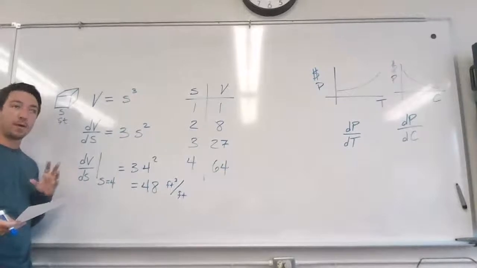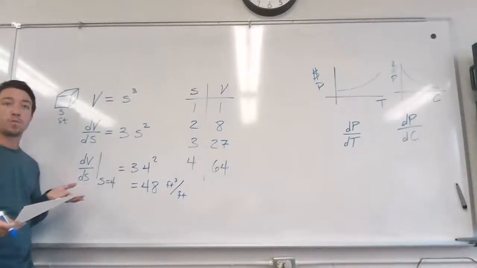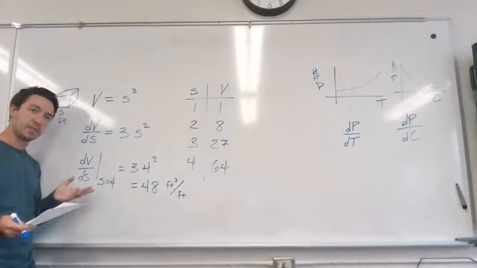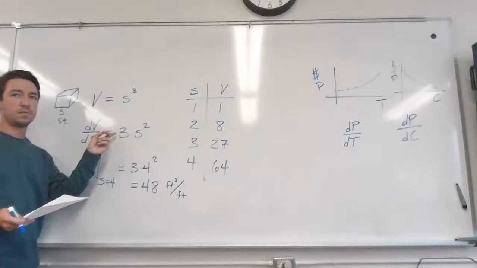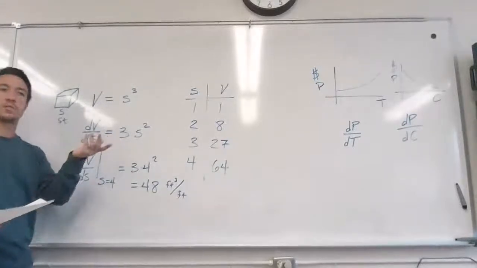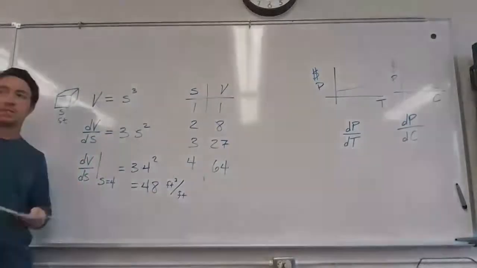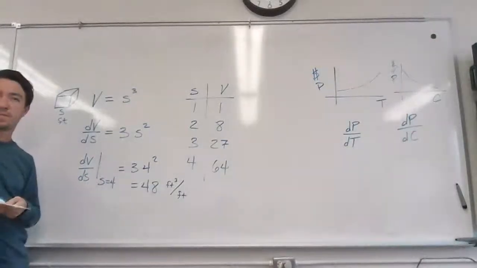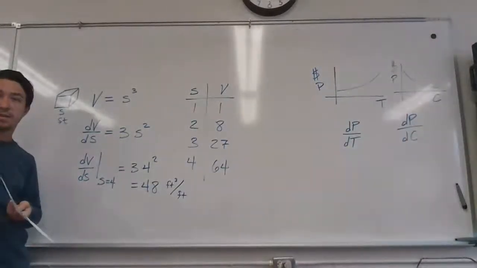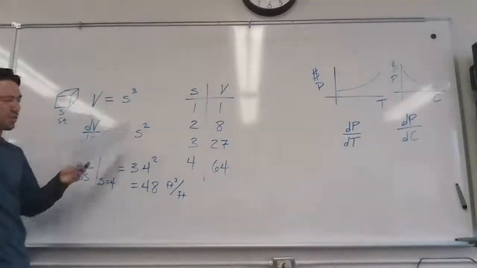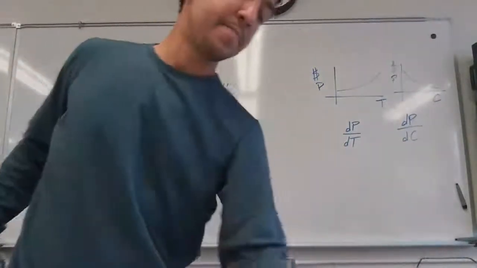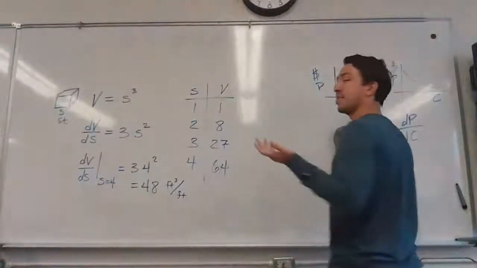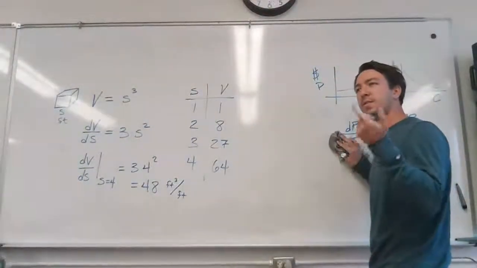So I talked the other day about why that is. Why is the derivative of the volume the surface area? But it's not true in this case. Right. What's the surface area of a cube? Six times s squared. So this is only half as big. That's kind of weird. And the reason for that is, what you guys can say. Why is it that the derivative of